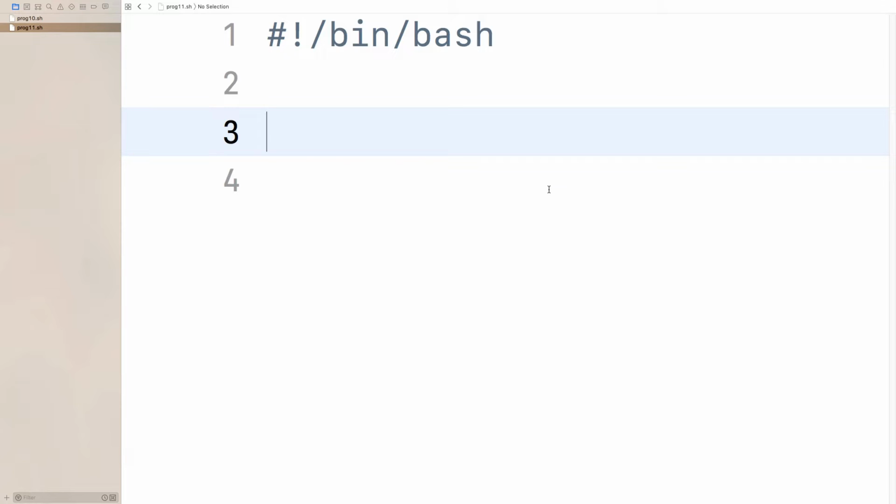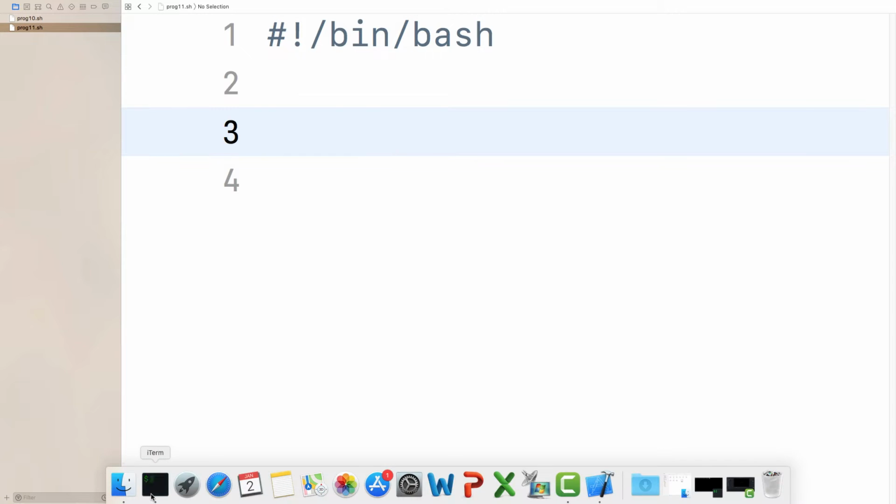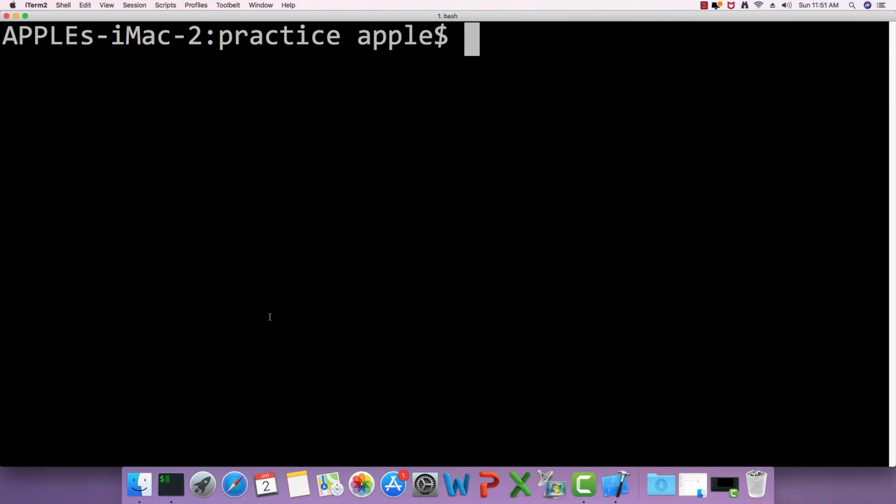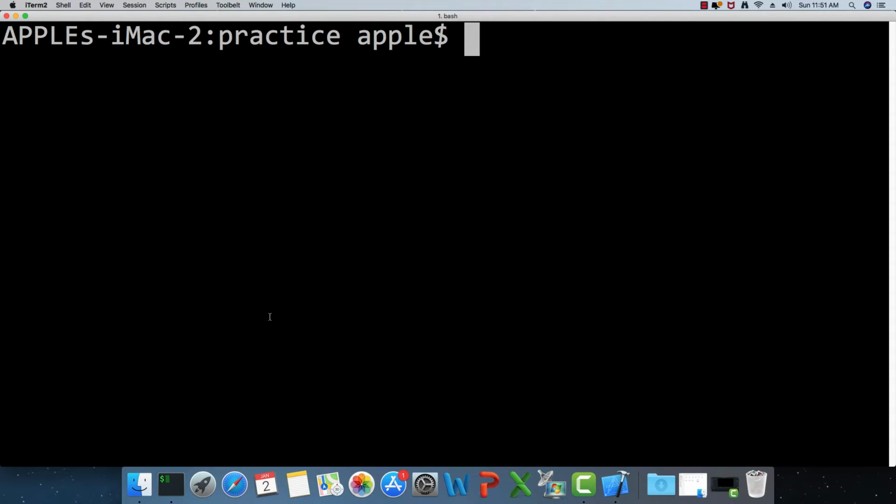So before getting started, I would like to explain the concept of command line arguments in general. Now this is our command prompt, and you must have worked with a lot of command line applications or even simple Linux or Unix commands. Even in Windows, there is PowerShell and we can run various commands on PowerShell.